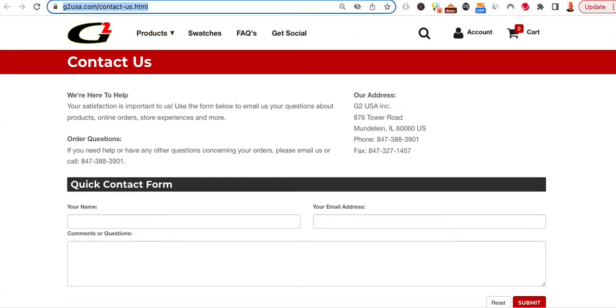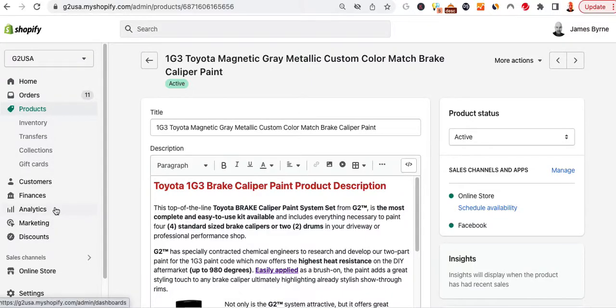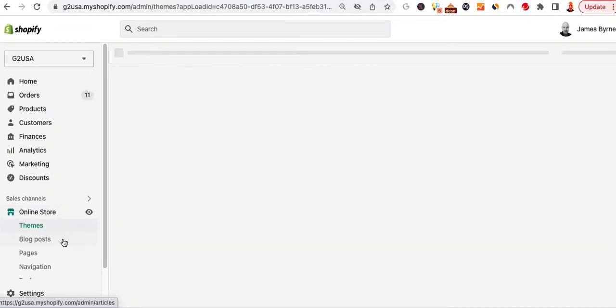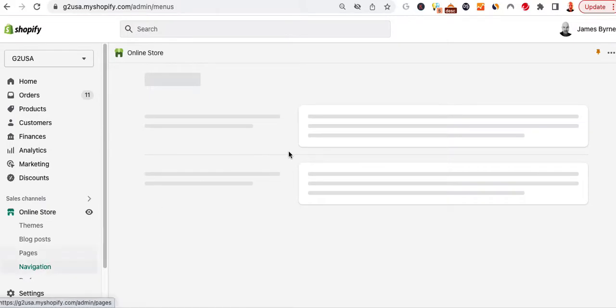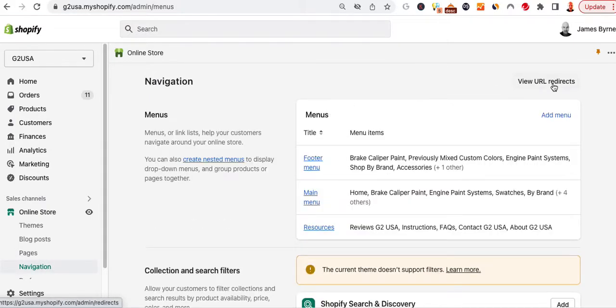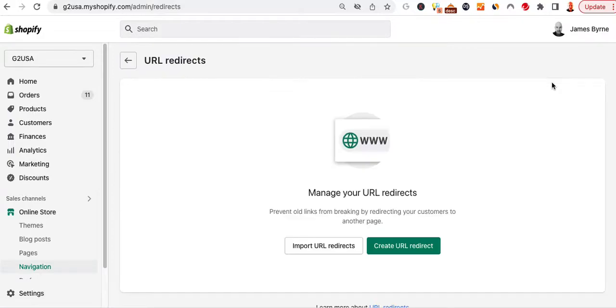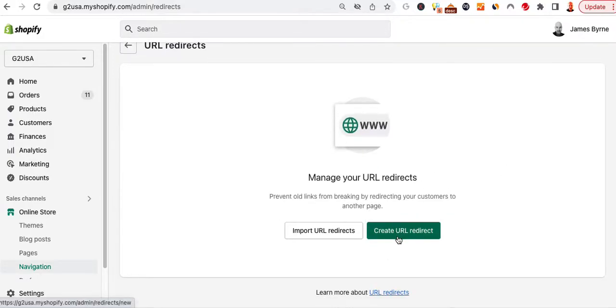And what Shopify is going to allow me to do, once I get in here, I'm going to go into the online store, and then I go to navigation. It's kind of a weird place to have it. But inside navigation, it says View URL Redirects. So you click here, and then you can create the URL redirect directly, or you can